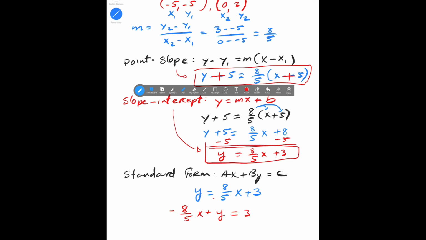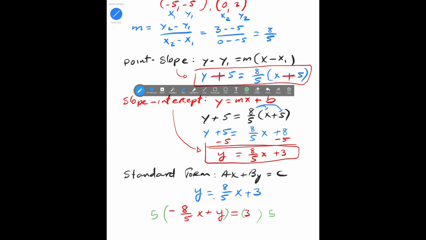All right, now we have to think about something. The first thing is our A, B, C needs to be integers, no fractions. The second thing is A needs to be positive. Okay, so we are thinking about something that we have not talked about. We multiply everything by the denominator, which is 5. All right,